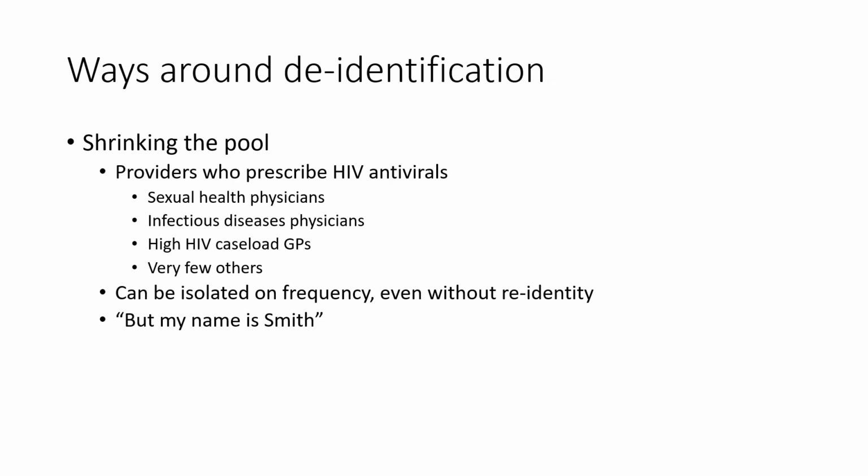What other ways can this data be used to potentially breach patients' privacy? Even without decrypting the provider numbers, if you've got a big data set, you can do some tricky statistics on it. For example, if you look at the doctor identities that prescribe lots of drugs for HIV, then those doctors are probably one of the professional groups that I've mentioned there. So you can then say that any patient who's seen one of those doctors has a pretty good likelihood that they've got an infection or some sexual health condition. So you don't necessarily need clever encryption techniques to be able to use these sorts of data sets